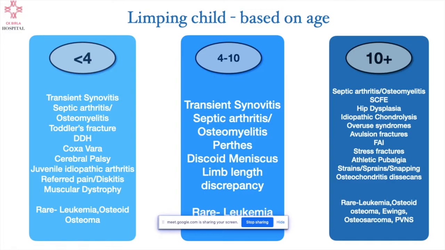So they may have some problems in the growth plate of the femoral head. Because of that, the head gradually slips out and can lead to a slipped capital femoral epiphysis. So we'll see a case of that as well. Then again, hip dysplasia, subtle dysplasias where the hip is not displaced, not out of the socket. It is just that the morphology of the hip is not normal. So they can present as a limp.